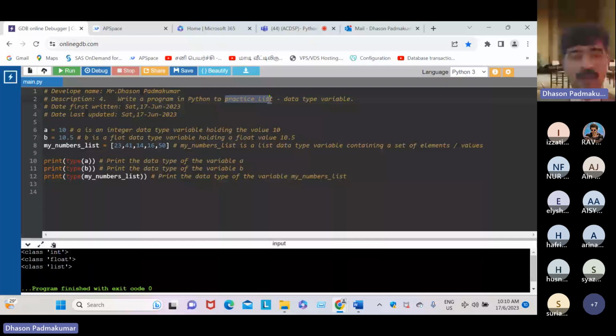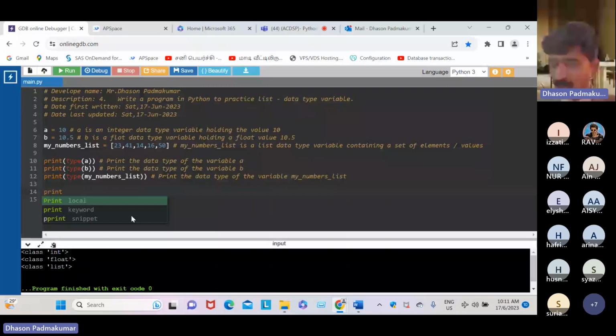I would like to print, opening parenthesis, the things found in the zeroth and first position. In the zeroth position, 23. In the first position, 41. Then second, third, and fourth. You run the program and see that.